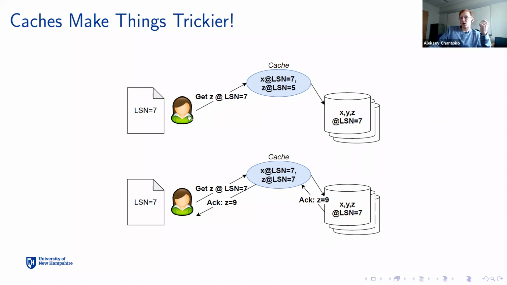So from a read-your-write perspective, it's perfectly fine to return 5, right? Because Alice has never written z. But because our consistency token, our recency token, is at 7, it kind of overshoots the z. So this will actually cause another cache miss, a consistency miss, and require the cache to go back to the store, retrieve the value of z, and return z